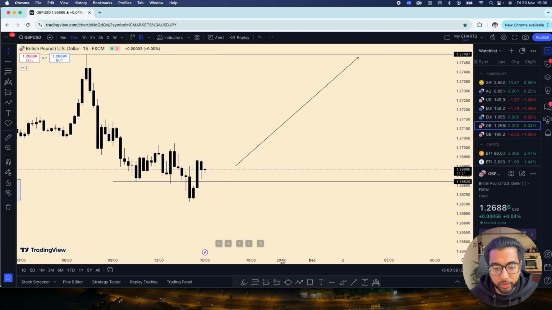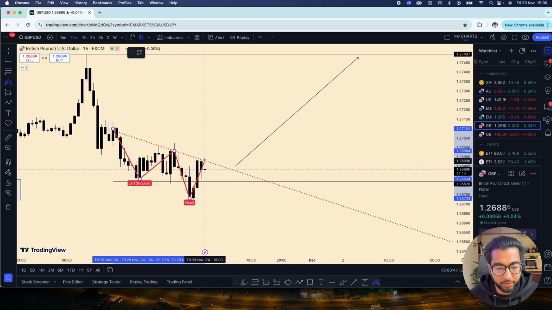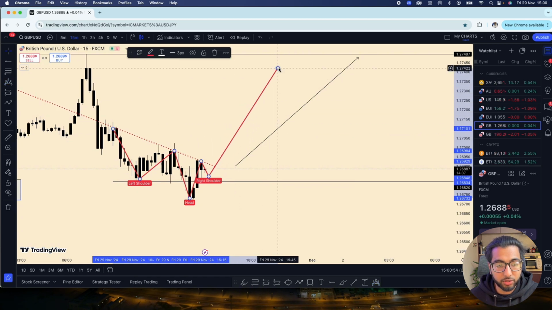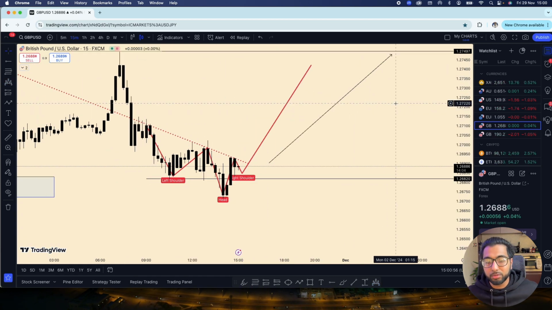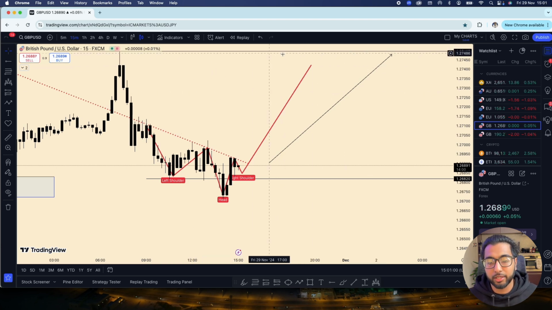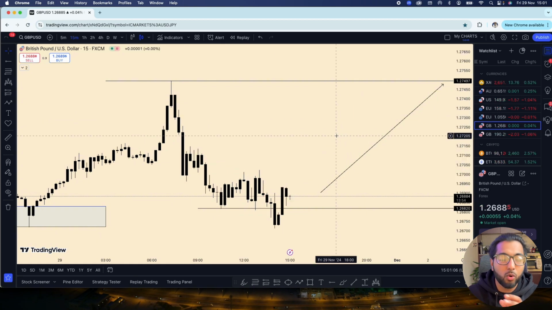And so that's when we can scale in, have a look. Okay, cool. We have kind of a left shoulder here. Left shoulder, head, probably creates the right shoulder, wherever it is. And then price is just going to go to the top like that. Simple. Why? Because price is a magnet. It's going to go up to that level again. It's going to go and test out the sellers at that level. And so that's why it's so important to integrate all these different things.